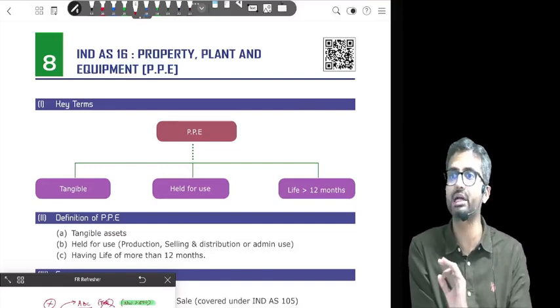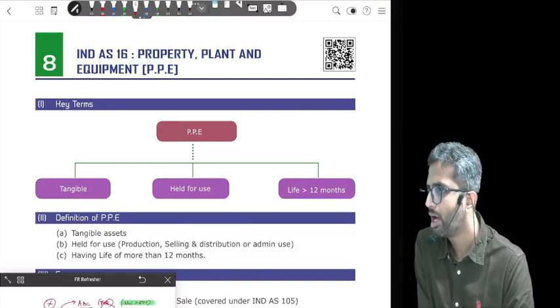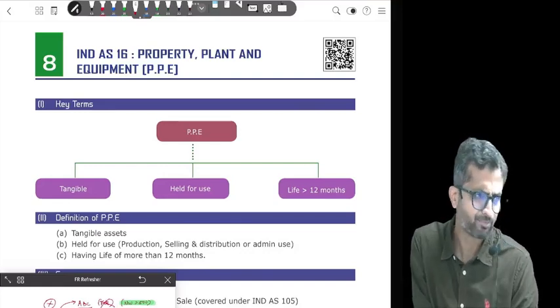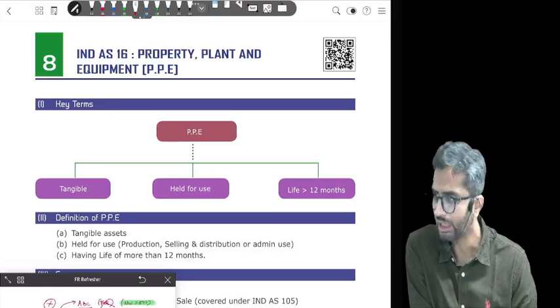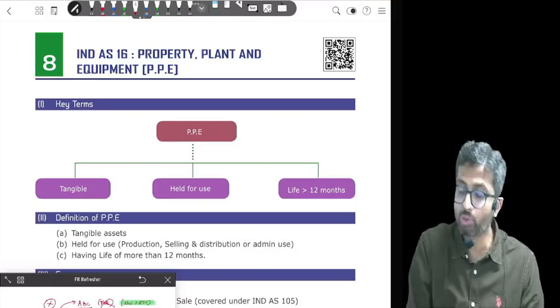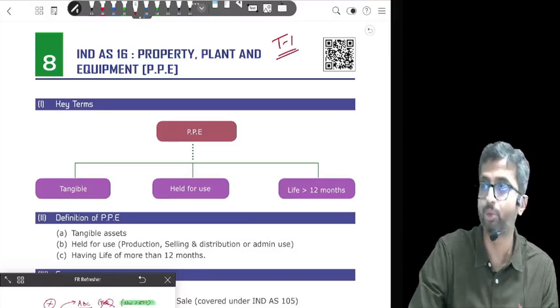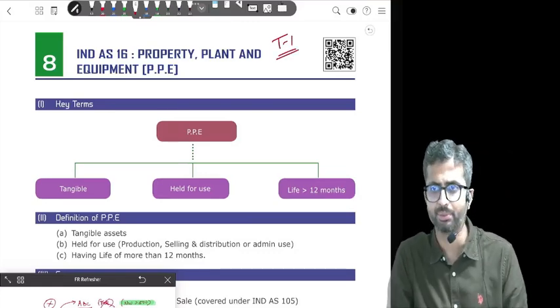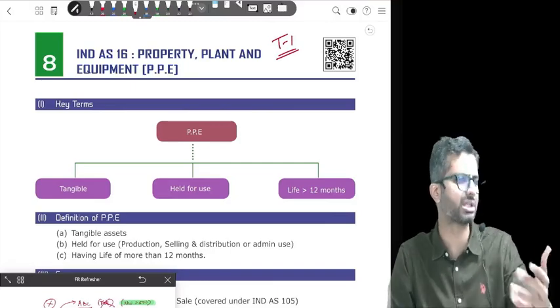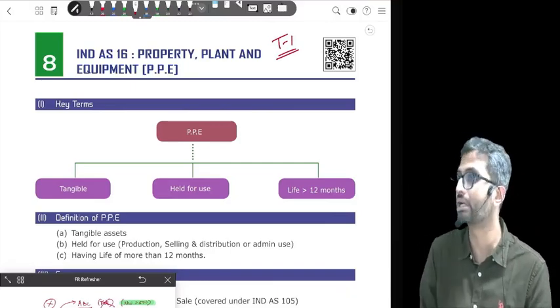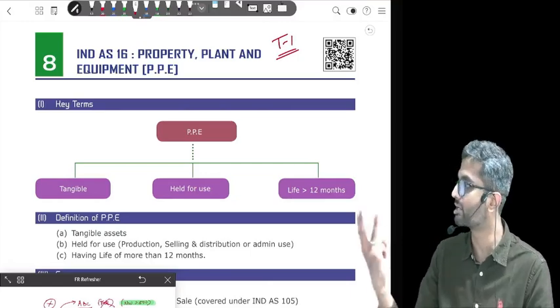Okay. So this is Ind AS 16, PPE. Have we studied this earlier in our accounting standards in CA Inter as well? Yes. I would put this into the tier 1 category in terms of importance, it's a very important standard. If you do this properly, 2 other standards, intangible and investment property, also get by and large done. So this is the base standard for 3 standards.